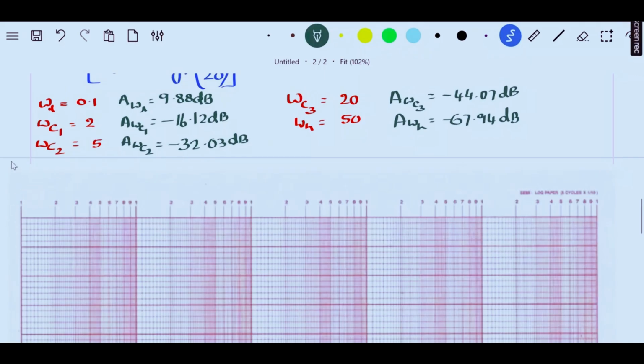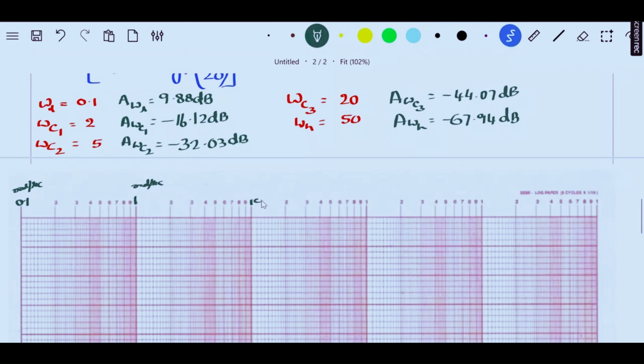Okay. Now let me take the omega values first. Let me teach you how to take the omega values. Like earlier, we start with omega 0.1 radians per second. As I said, this increases 10 times, so this becomes 1 radians per second. In between, this is 0.1, 0.2, 0.3, 0.4 till 1 radians per second. Similarly, once this is 1 radians per second, this becomes 2, 3, 4, 5 till this is 10